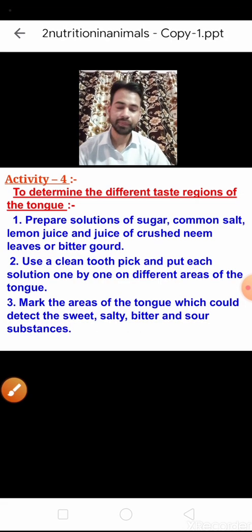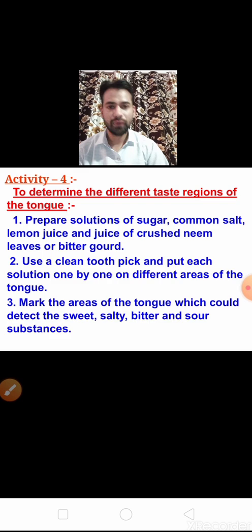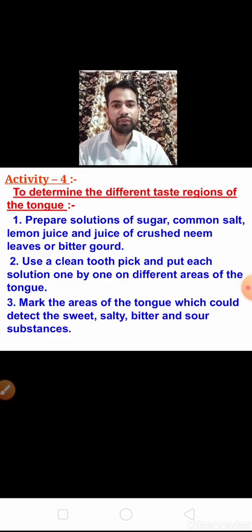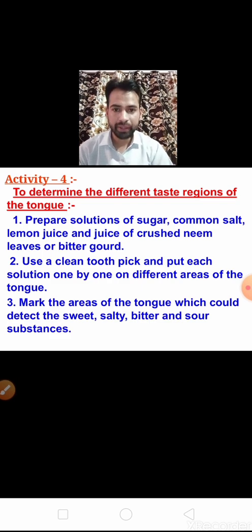See here, for this activity we need some requirements like sugar, salt, lemon juice, bitter gourd or neem leaf. This is the requirement of this activity, and you can perform this activity at home, under the supervision of your parent.